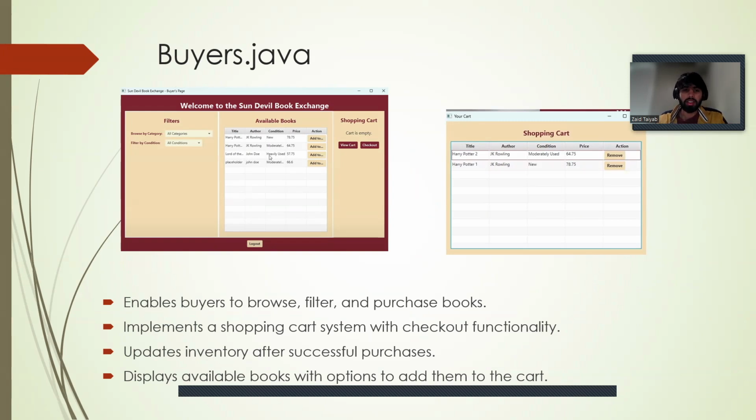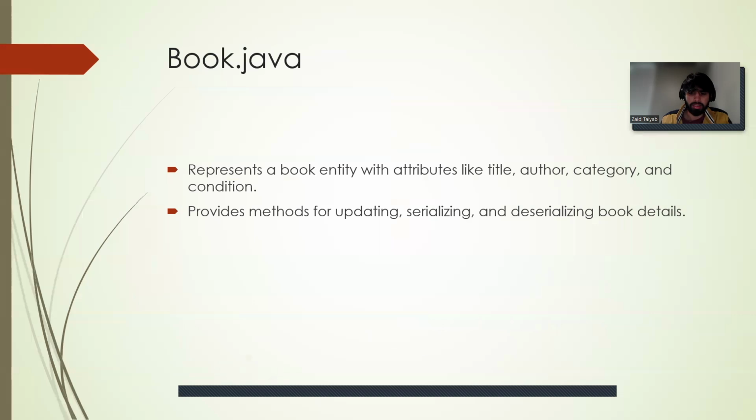And we can see what books are available and add them to the cart. We can view the cart by clicking on the view cart button, and this is how the shopping cart looks. We can remove the books in it and we can check out. So the buyer's page interacts with the book.java,